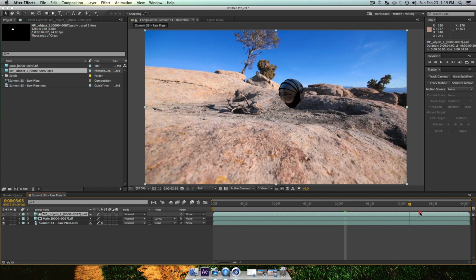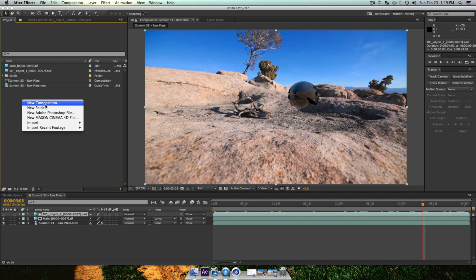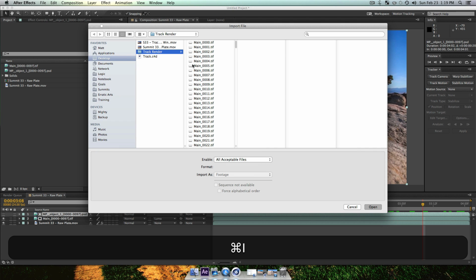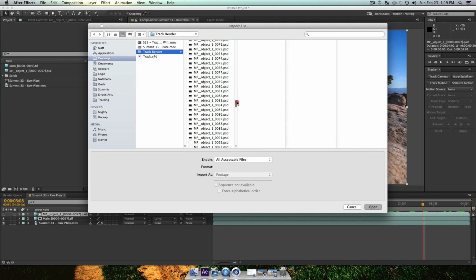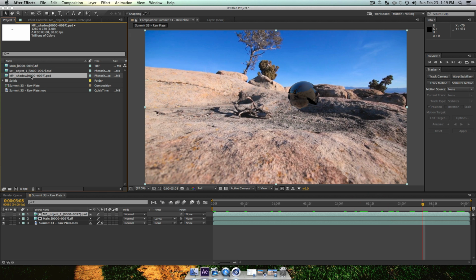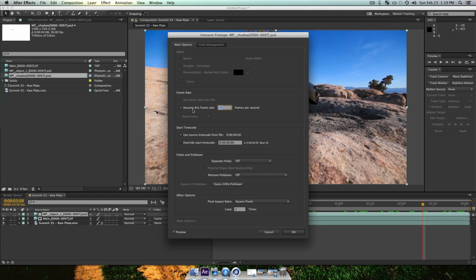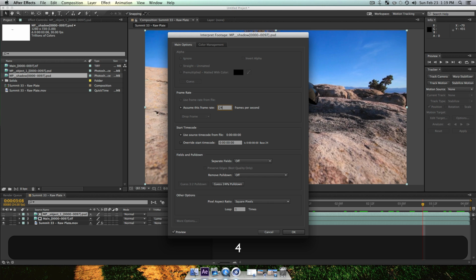Now one of the things is we're obviously not getting the shadow because we only set the object buffer to our cloner. So let's import our shadow. Right click, go to import, or you can just do Command I, I forgot that shortcut for a second, and just go down in your folder until you see your shadow. So make sure that's set to Photoshop sequence, footage, open. I'm going to assume it imported this wrong, so I'm going to right click, go to interpret footage, main, and as you can see, it also has thought this is 30 frames per second.